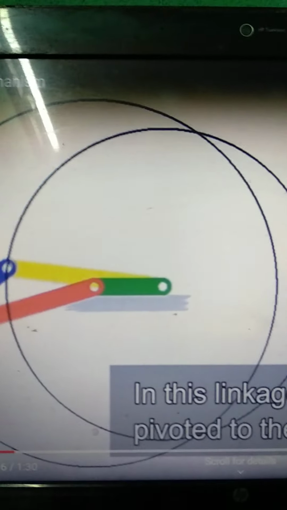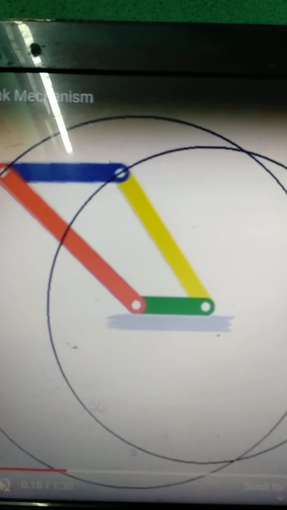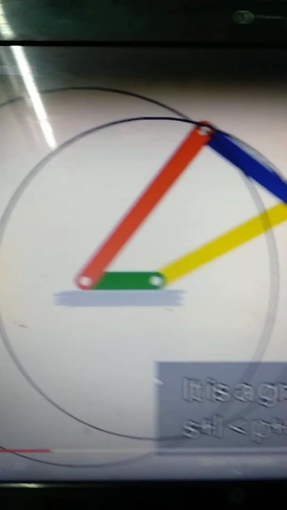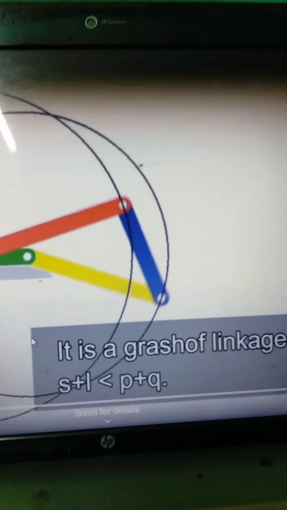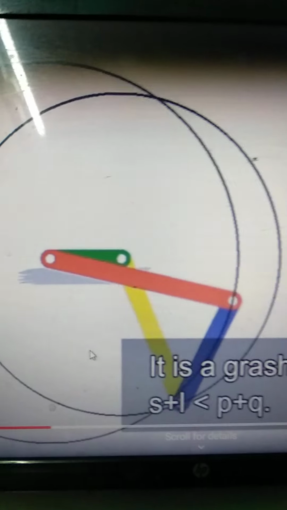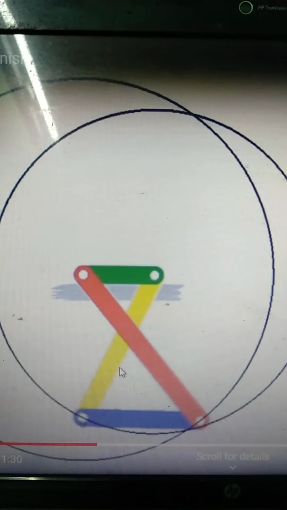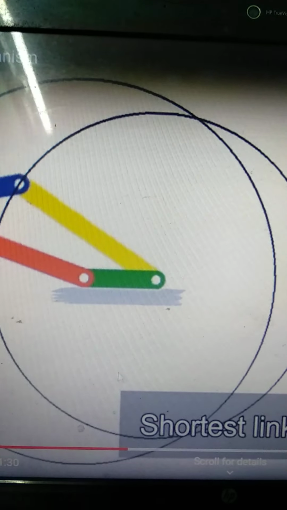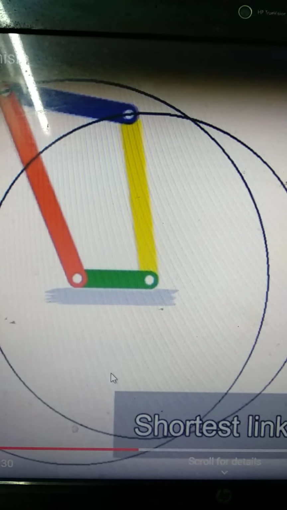Okay, so this is an animation of a double crank mechanism. You can see that all the links can rotate completely, this yellow link which can rotate completely, and also the red link.